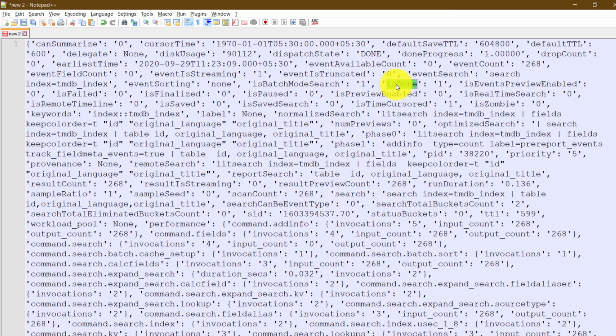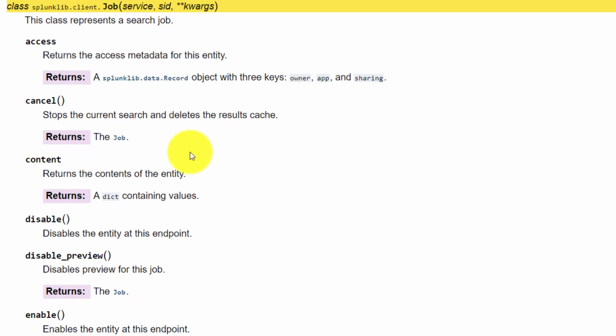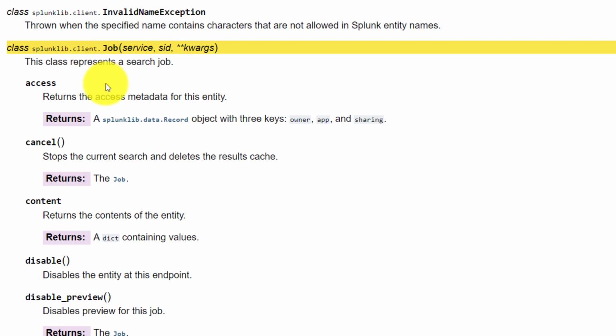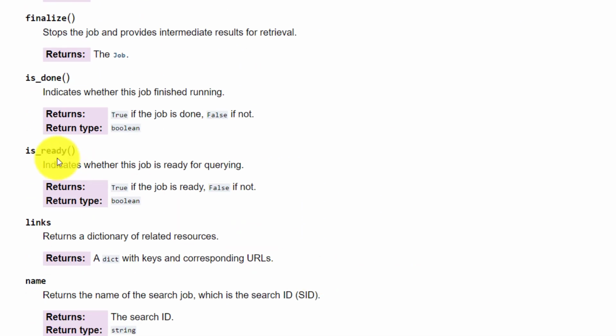Now generally Splunk jobs go through a lot of phases. When the job has started running, we can always check with is done, but when the job is still not ready, if I go back to the documentation for the Splunk job class, there is a method called is_ready.